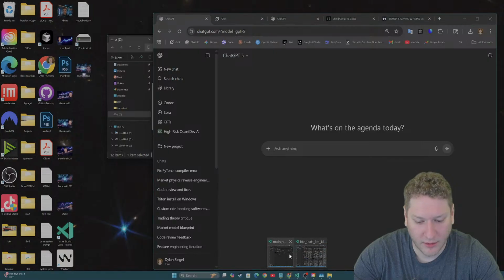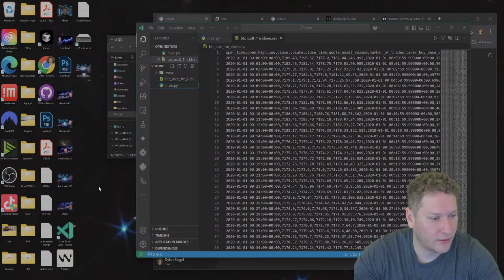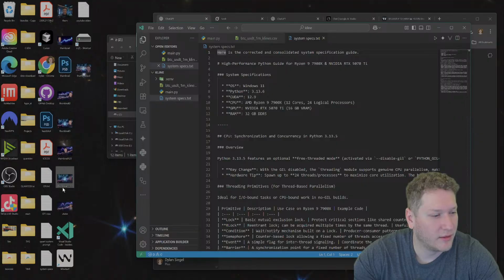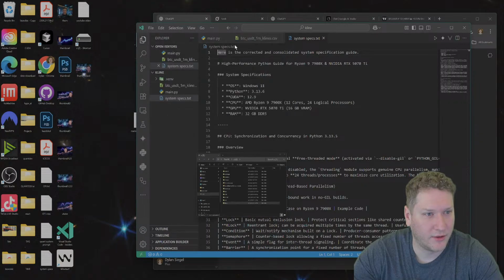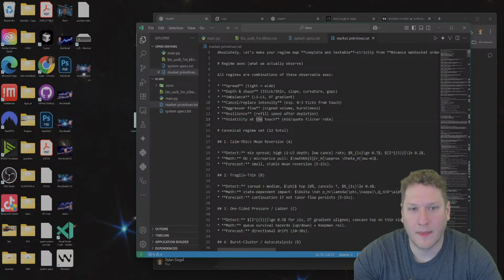We'll pull up that other code here. So what I want in here is system specs. And what was that new file I made? Yeah, this one.